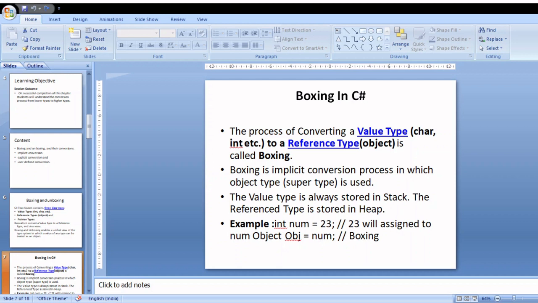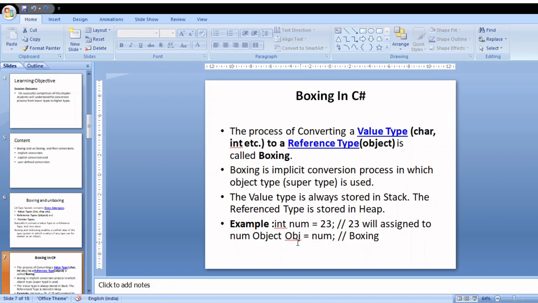Obj is declared with the reference data type object. Object is a reference data type. That is how you are converting this value data type into object data type. This is called as boxing.